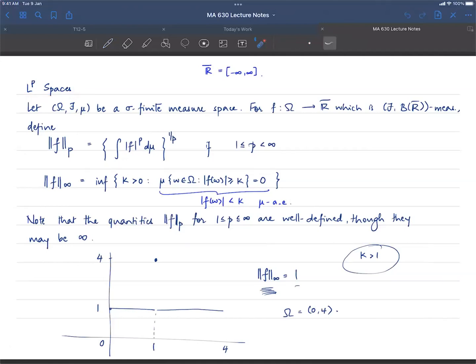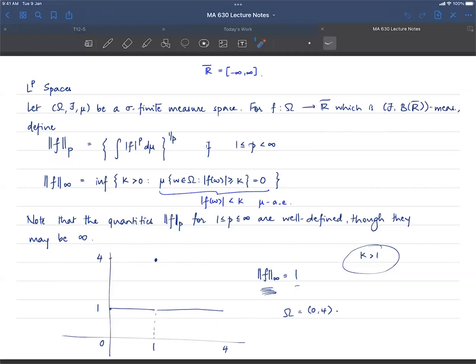So suppose you have (Omega, F, mu), which is a sigma-finite measure space. And suppose I have a function f taking Omega to R bar, which is F-B of R bar measurable. Remember that R bar is the extended real line, so it's the closed interval minus infinity, infinity. I'm defining this symbol. It looks like a norm, but right now I don't yet know that it's a